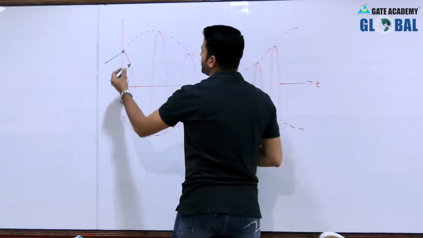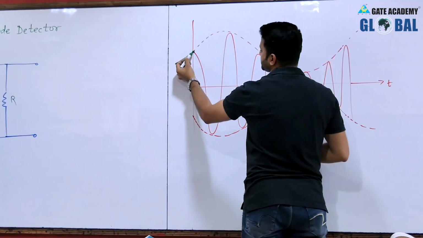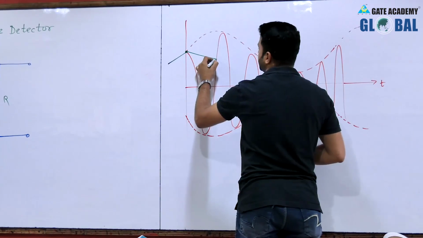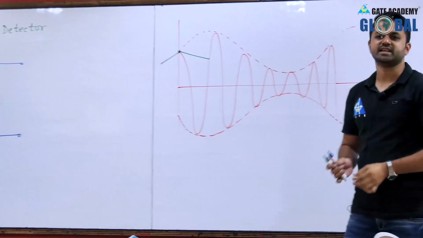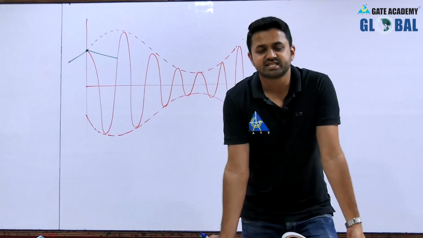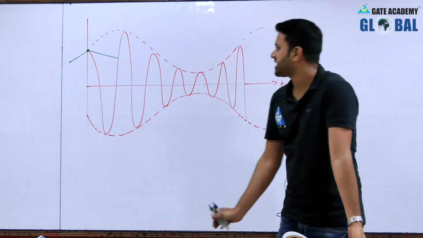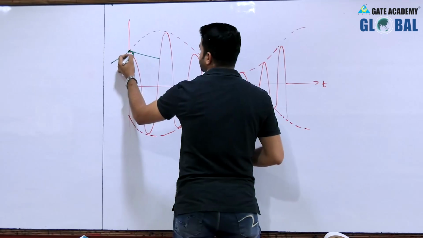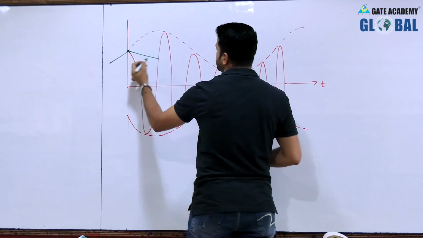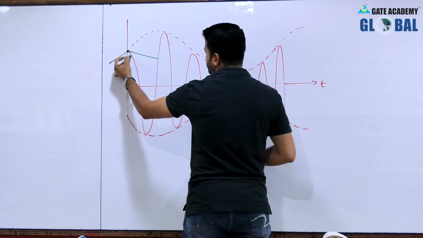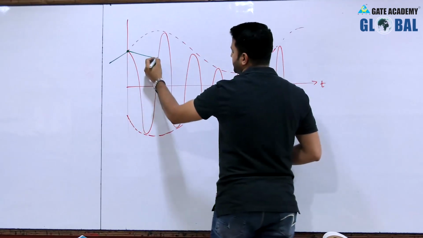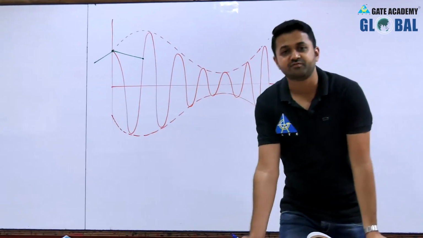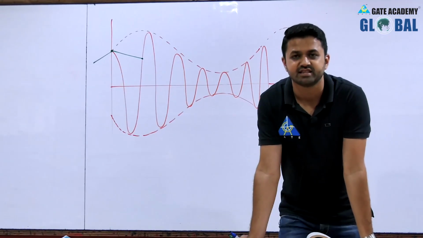So the input voltage is decreasing and the capacitor voltage is more, so the diode is reverse biased, and the capacitor starts discharging across the resistance R. It decreases continuously along with the input, until at this point both voltages are the same, and after this instant